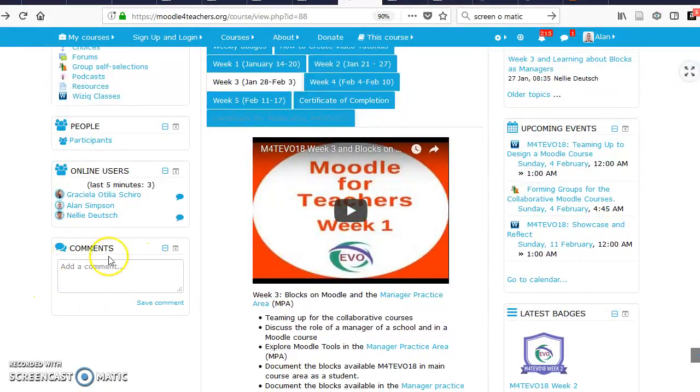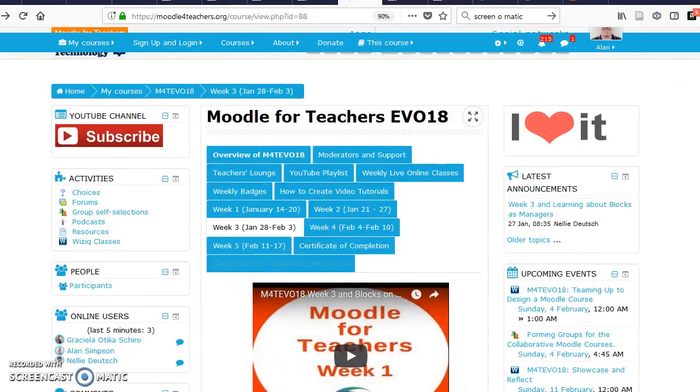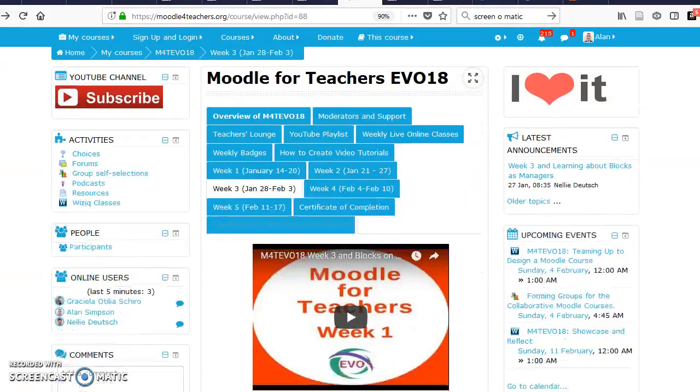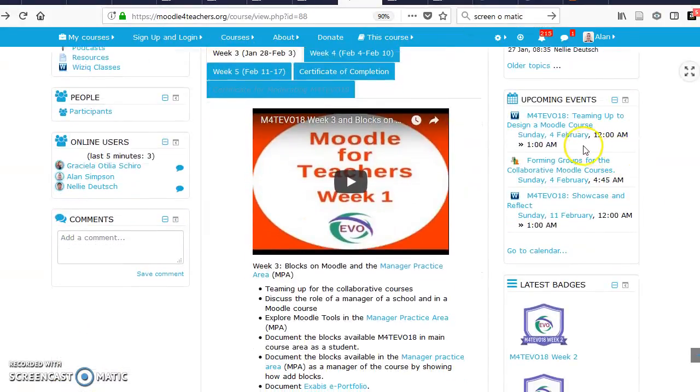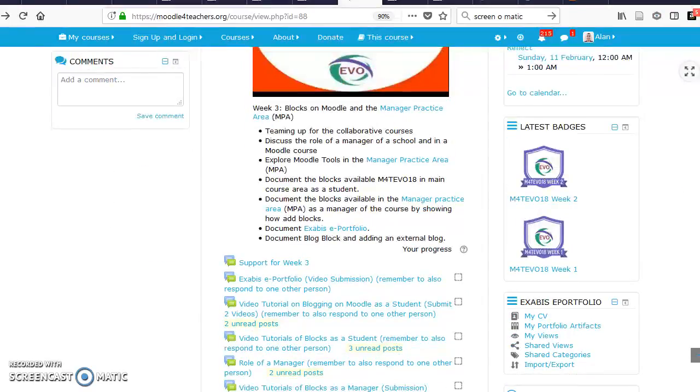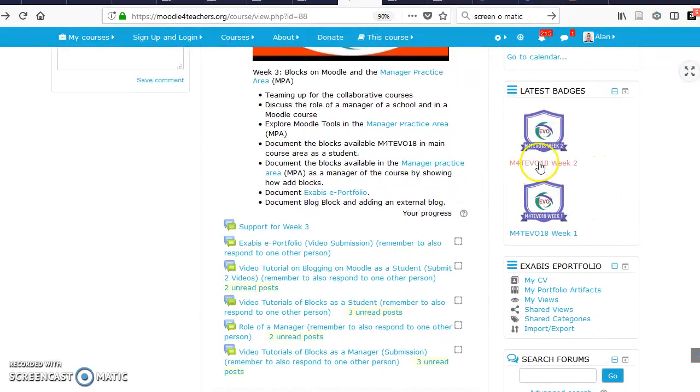Comments. Block here, you can add in comments. And over on the right we have this nice logo or badge, the latest announcement, what's coming up, what we're doing at the moment, and the upcoming events, what's on the schedule, some important information to point the students towards, the latest badges I have as a student,